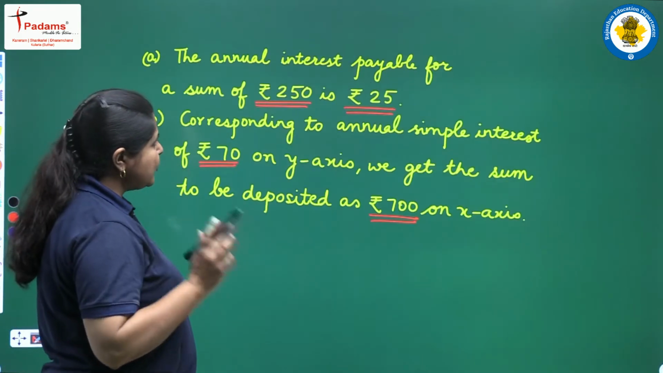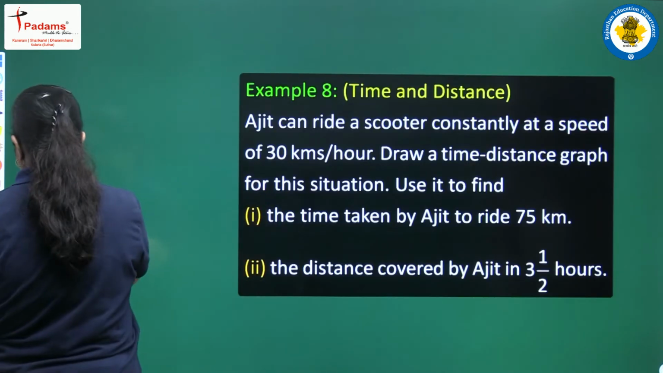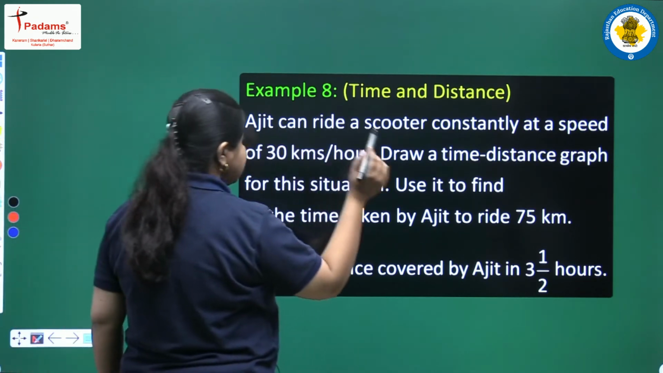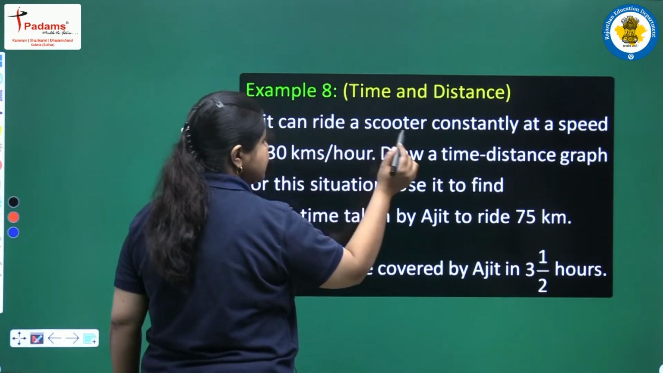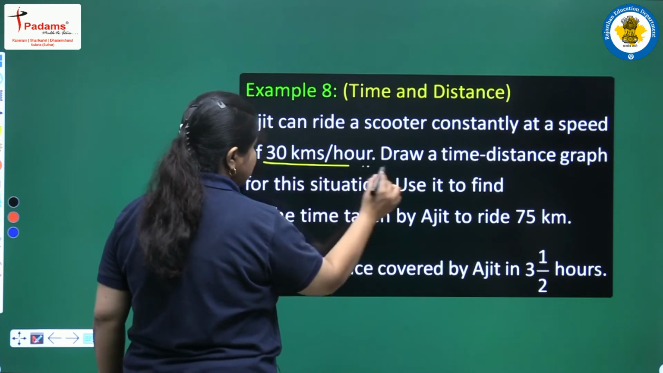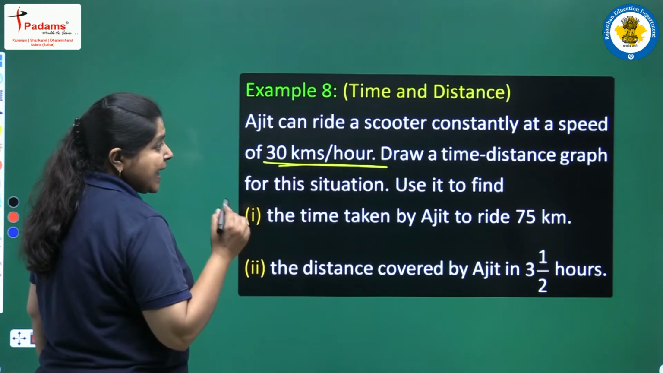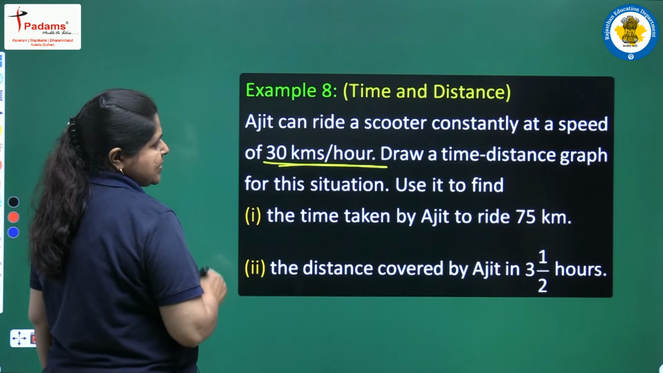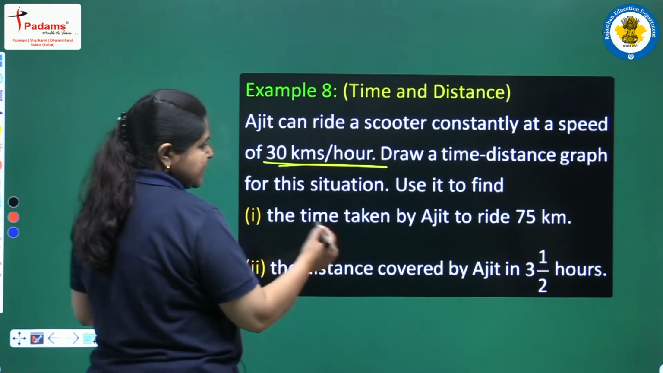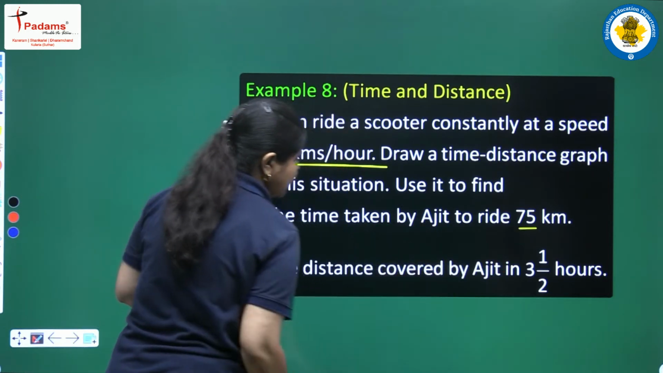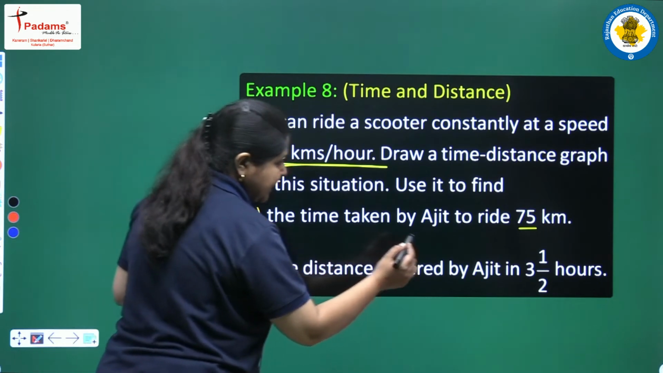Now we take one more example. Here we have example 8 from your book. Time and distance. Ajit can ride a scooter constantly at a speed of 30 kilometers per hour. Draw a time distance graph for this situation. Use it to find the time taken by Ajit to ride 75 kilometers and the distance covered by Ajit in